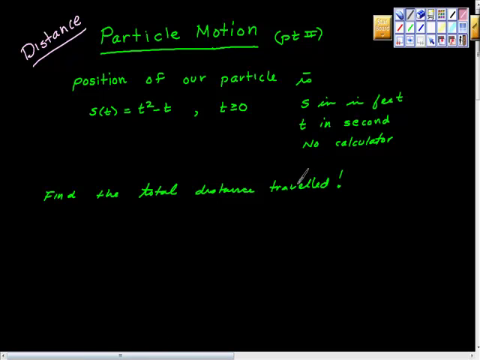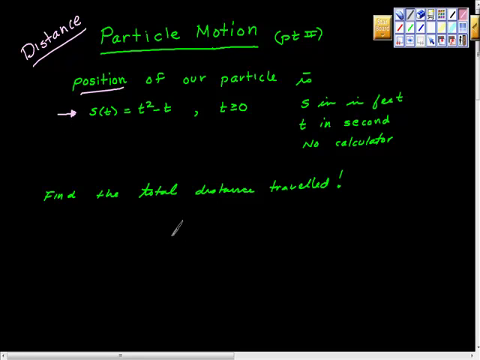Particle motion part 2. This time I want to talk about distance. So we have the position of our particle given by this function, and I want you to be really careful about the idea that sometimes they're going to give you the velocity function instead of the position function. So in this case, I'm telling you now that we have